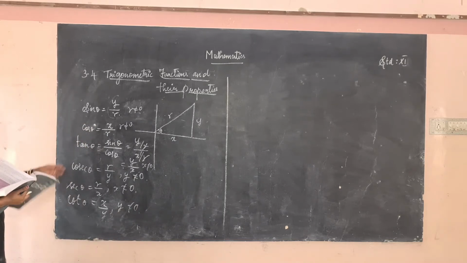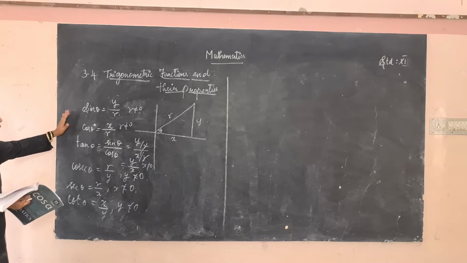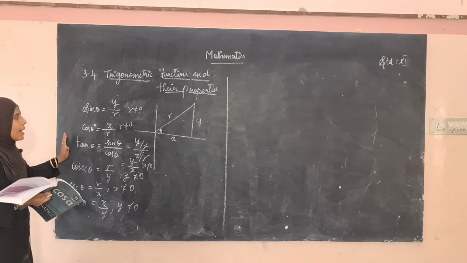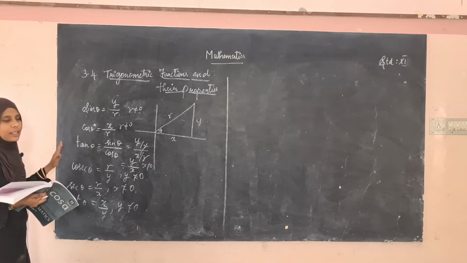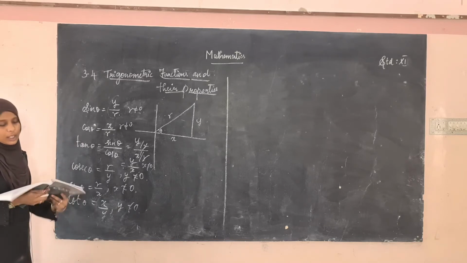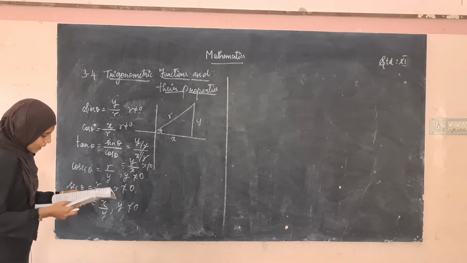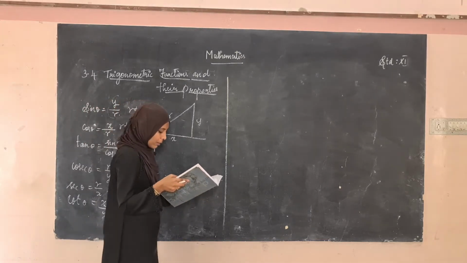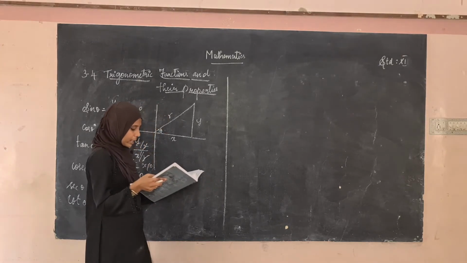These are the formulas for the sums that we are going to solve here. That is sin theta is equal to y divided by r, cos theta is equal to x divided by r, and tan theta is equal to y divided by x. And these three formulas. Okay, using these only we are going to solve the sums here. And then trigonometric ratios of quadrant angles. See that they have given the trigonometric ratios of quadrant angles.